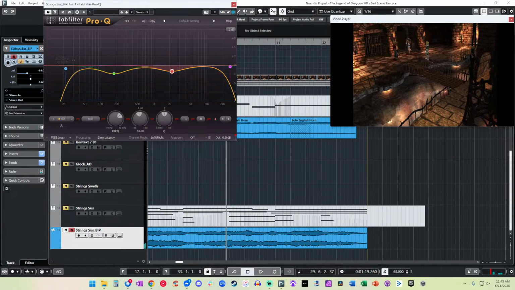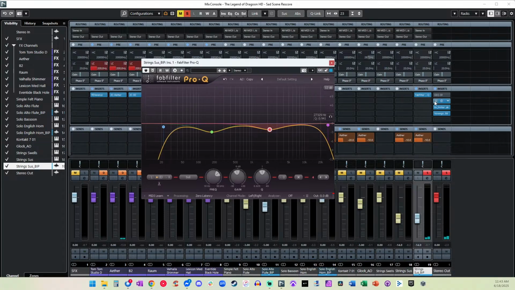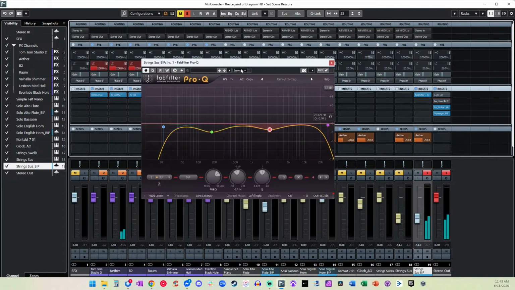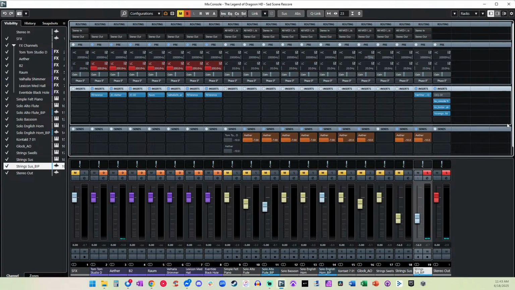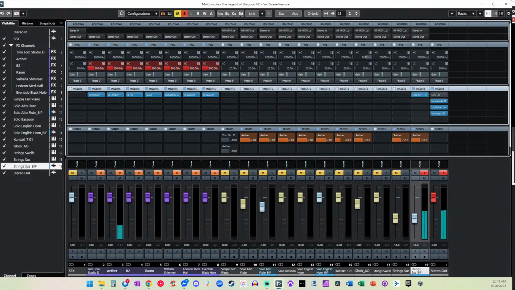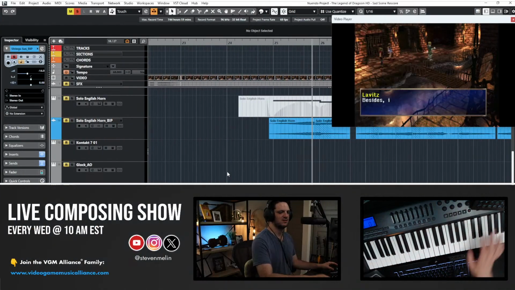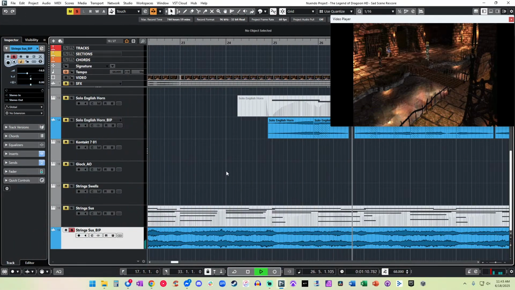Guarantee it's because of this. Let's find out. I'm super curious now. Let me turn off the console. Okay, so here it is with nothing. Now with the EQ. Weird. How about that? That is weird. But it works. I can't explain why it works. I have to ask the audio wizards to decipher that one. But it's clean.